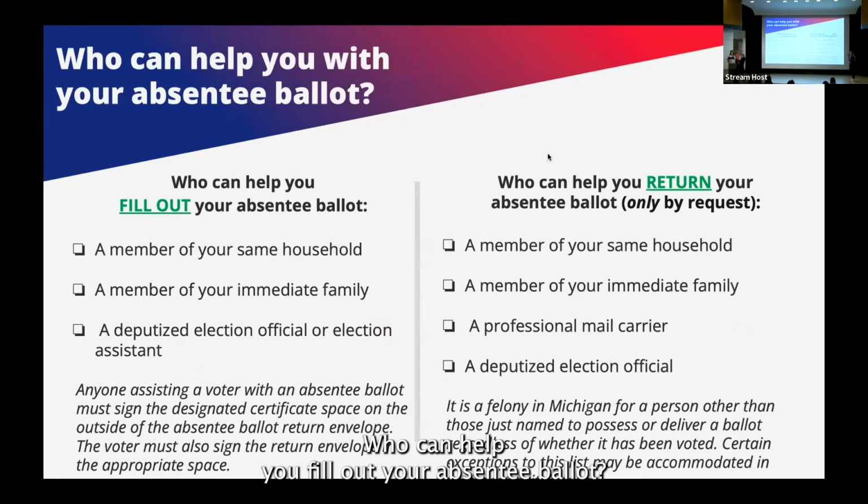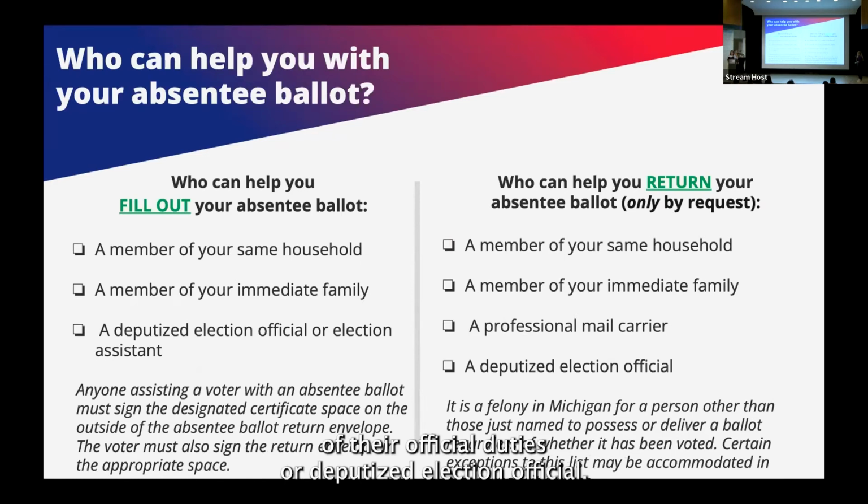Who can help you fill out your absentee ballot? So here's a list of people that can help you fill it out. Who can return your absentee ballot? Only by request. A member of your same household. So that means your roommate. If you live in a dorm and you have a roommate, that person can return your absentee ballot for you. A member of your immediate family, a professional mail carrier while they're in the course of their official duties, or